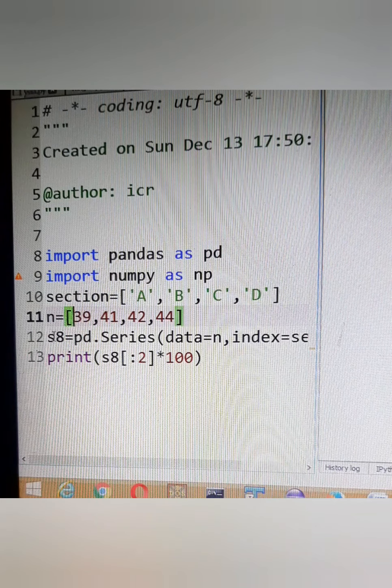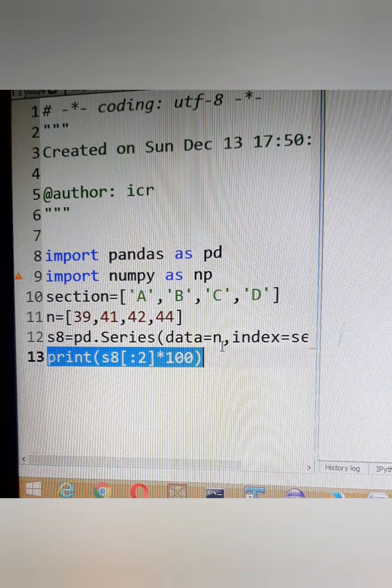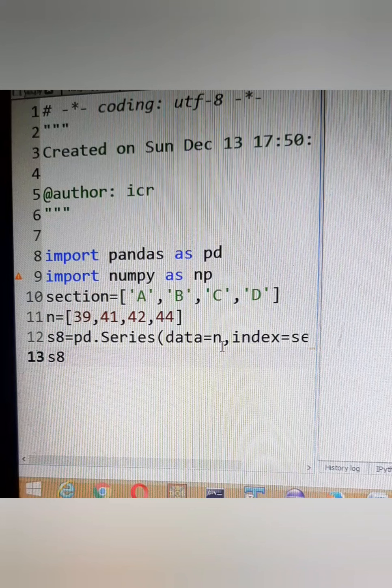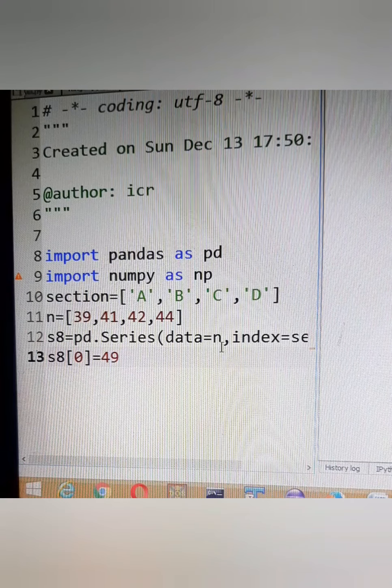In that case, what should we do? We can write S8 directly by the index position only. You can write even A or you can write 0, and instead of this I am giving here 49.